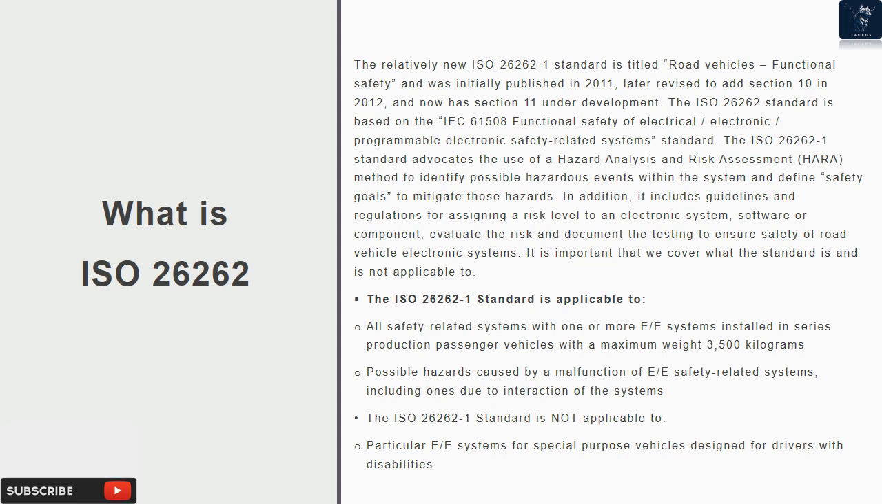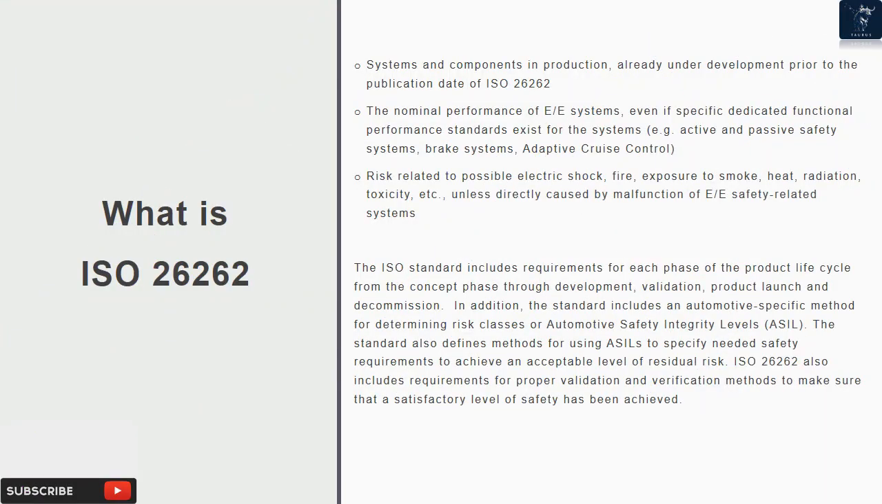The ISO 26262-1 standard is not applicable to particular E/E systems for special purpose vehicles designed for drivers with disabilities. Systems and components in production, already under development prior to the publication date of ISO 26262. The nominal performance of E/E systems, even if specific dedicated functional performance standards exist for the systems, e.g. active and passive safety systems, brake systems, adaptive cruise control. Risk related to possible electric shock, fire, exposure to smoke, heat, radiation, toxicity, etc., unless directly caused by malfunction of